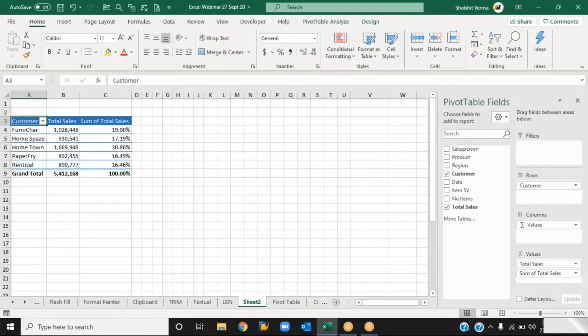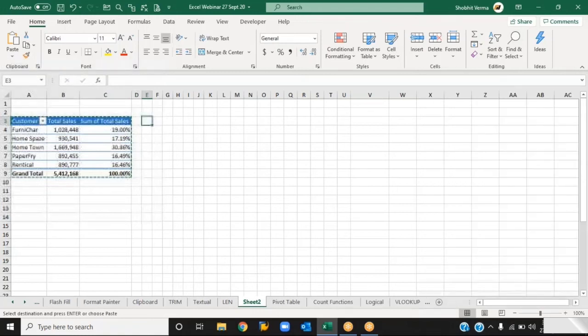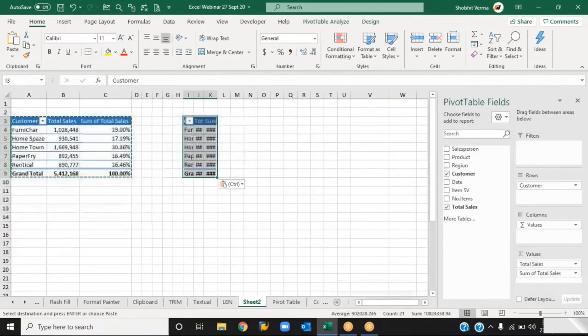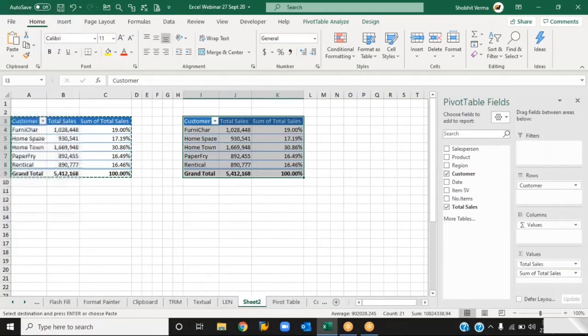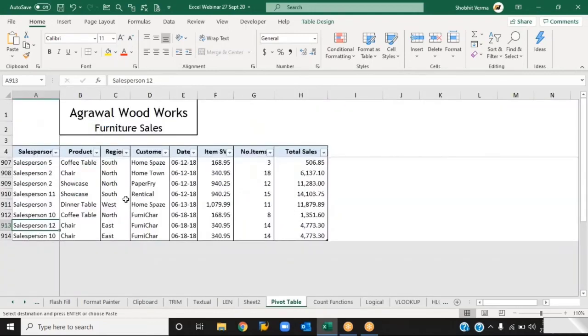Another thing: if I want to prepare another pivot table, what you can do is generally copy this and paste it here. You need not select that data and prepare the pivot table again for the specified data.